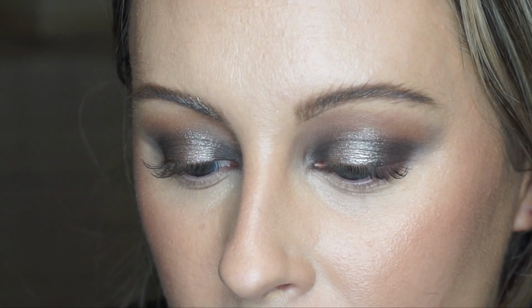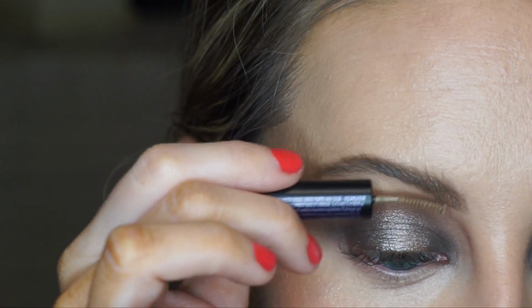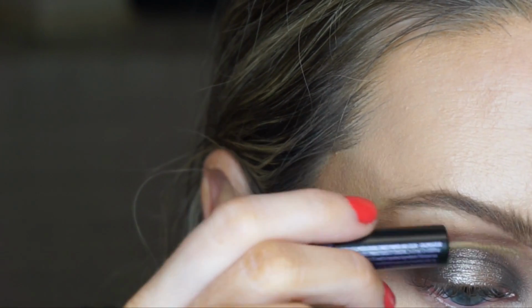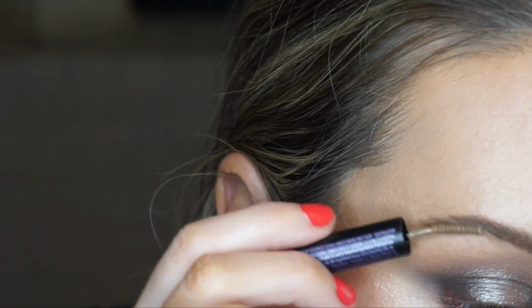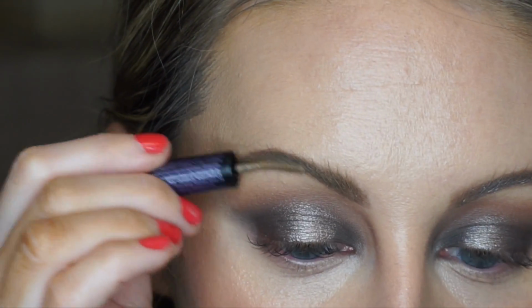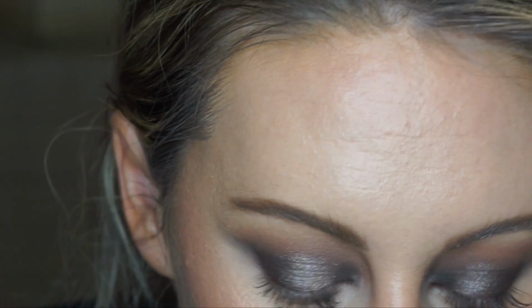I don't know if it's supposed to have that or if mine just came bent. Anyway, I'm going to turn it like this and I'm going to start filling in my brows and pushing everything sort of up. Oh wow. I feel like it does definitely give you the illusion that you have a lot more brows than you actually do, but I feel like they just kind of